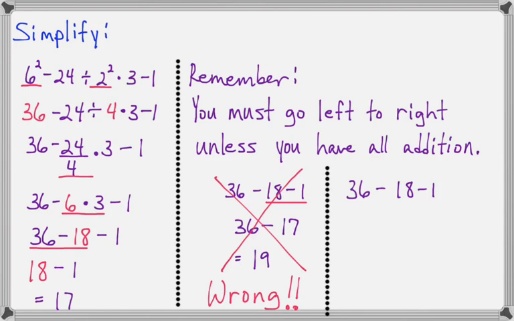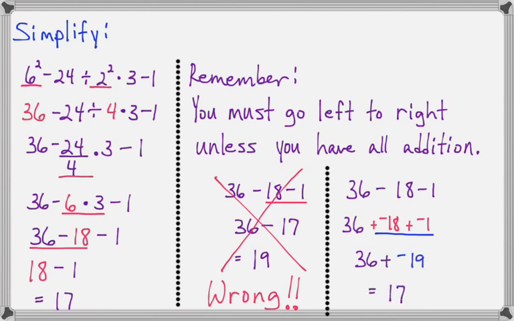So instead what they could do is change the minus to a plus and change the sign of the next number. So instead of minus 18, we get plus negative 18. And instead of minus 1, we get plus negative 1. Now we've talked about this before. And if you already can do the subtraction without doing this and not mess it up, then okay. But you need to remember that every time you see minus, you're really going to think plus negative. So here, if I could think negative 18 plus negative 1 and get negative 19, like I would here, then I can say 36 plus negative 19